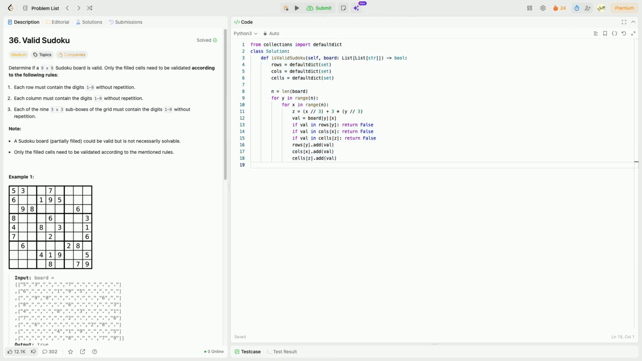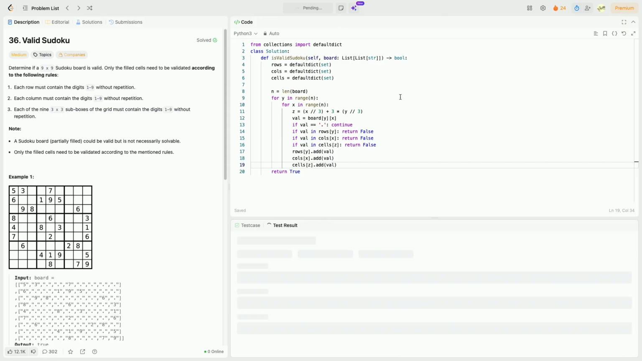And finally, after we do all this iteration, we return true because we didn't find any contradiction. One more thing, if the value is a dot, we should ignore it. So we just continue. These values are also string values, as you can see, but it doesn't really matter for our purposes here. We can just put them in here. It doesn't matter if they're strings or numbers. So if I run this,